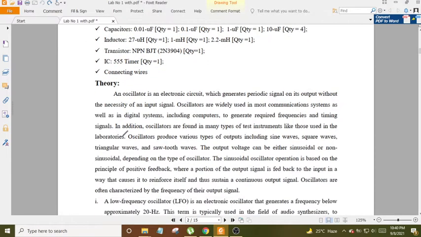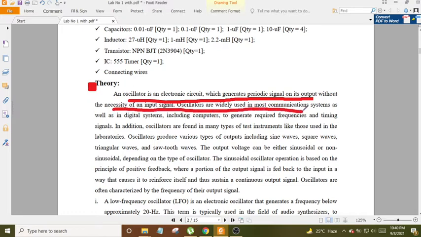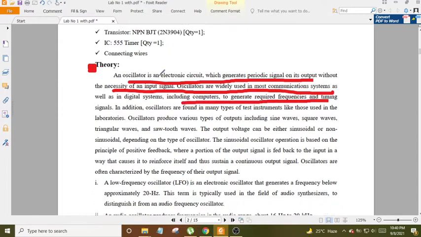Theory. An oscillator is an electronic circuit which generates a periodic signal on its output without the necessity of an input signal. Oscillators are widely used in most communications systems as well as some digital systems, including computers, to generate required frequencies and timing signals. In addition,